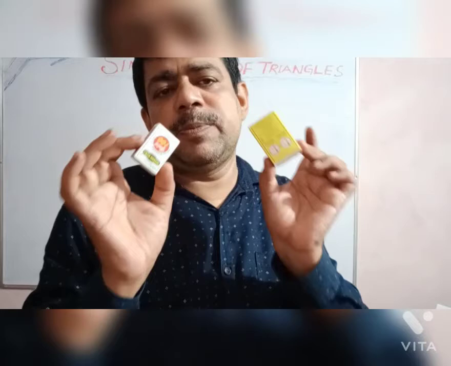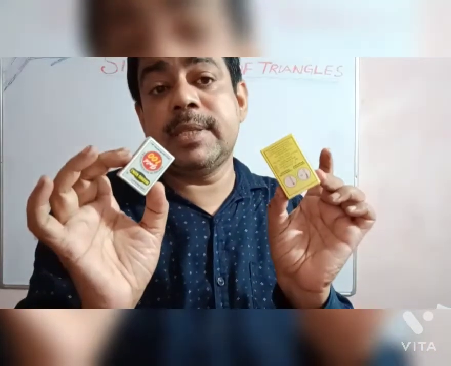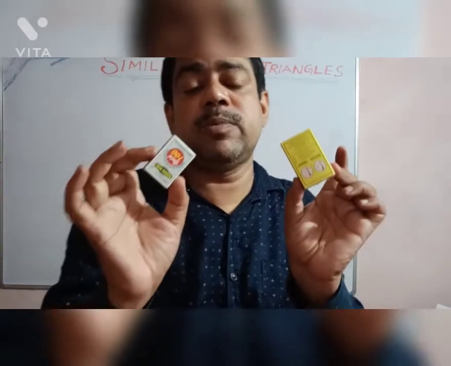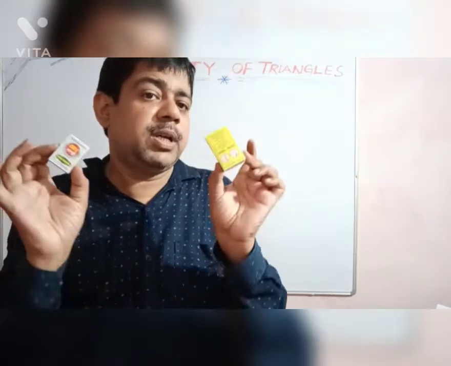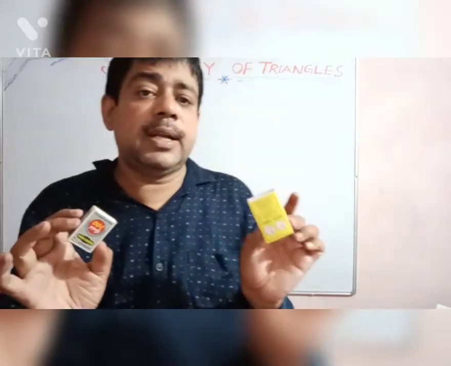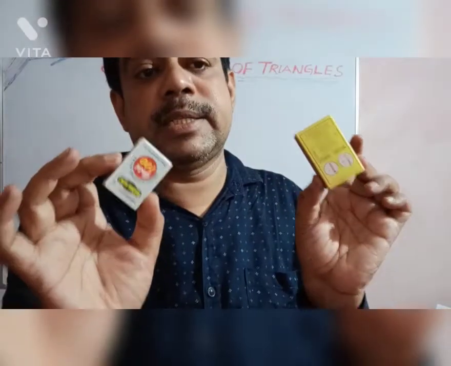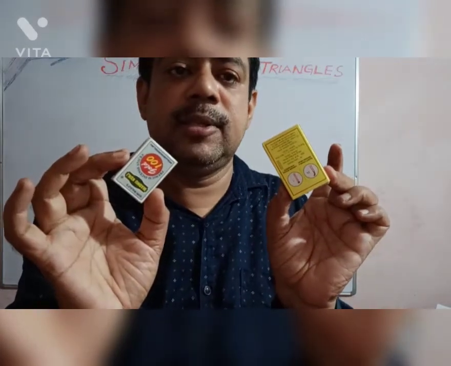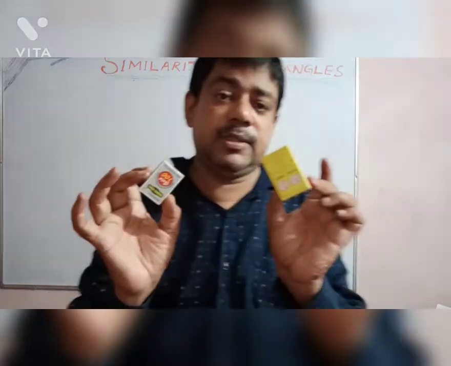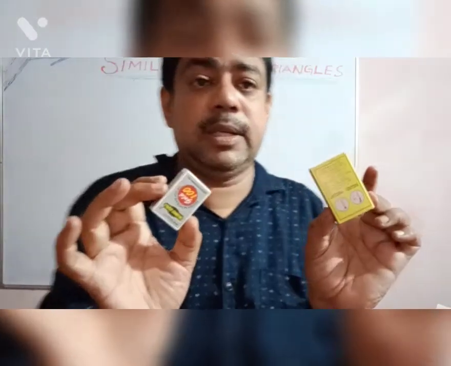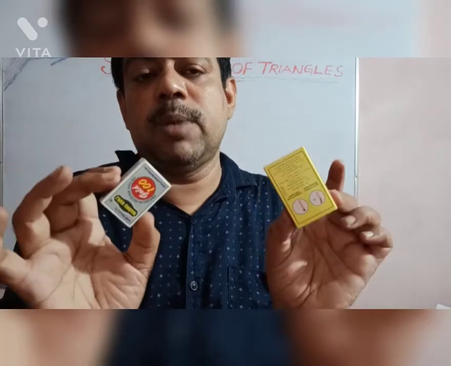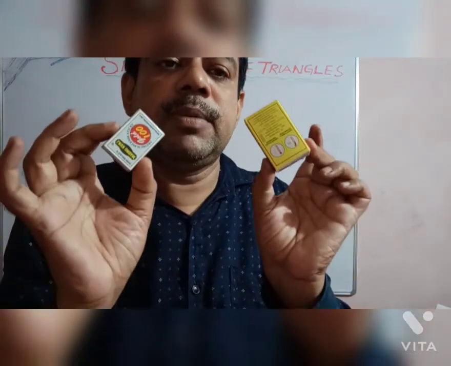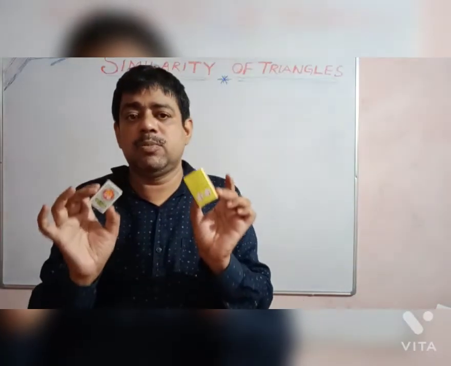So these two matchboxes are not congruent, but they have a similar shape. Both objects are in the shape of cuboids. So in these cases, we are going to explain another important concept of geometry, known as similar objects. Similar objects means two objects having the same shape, but they may or may not be the same size. Size is not a factor. Here shape is the factor in the similarity of objects. So two objects are said to be similar if they are of the same shape.